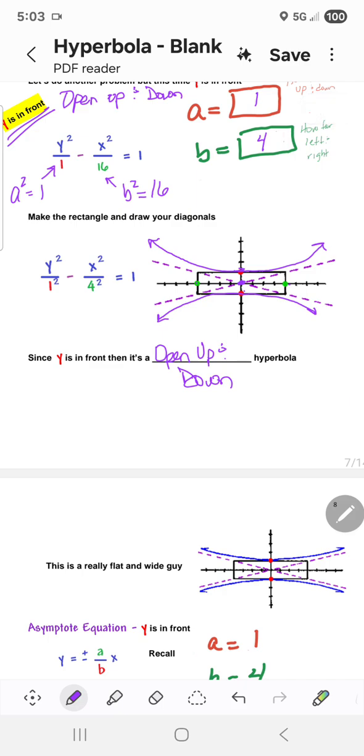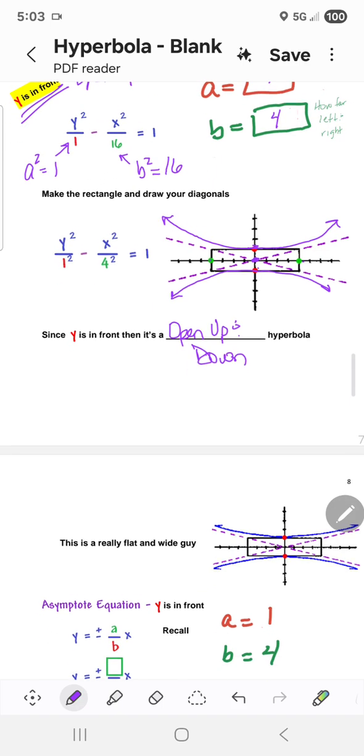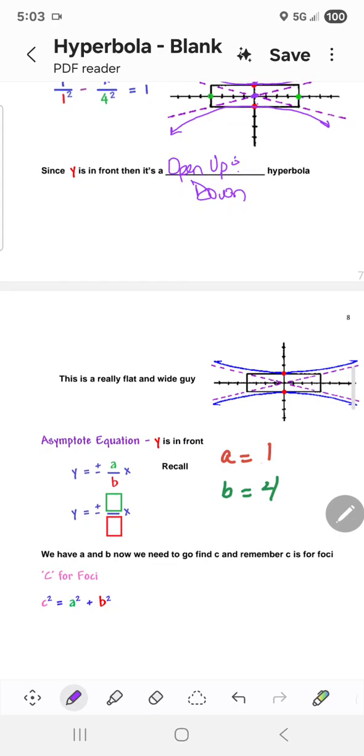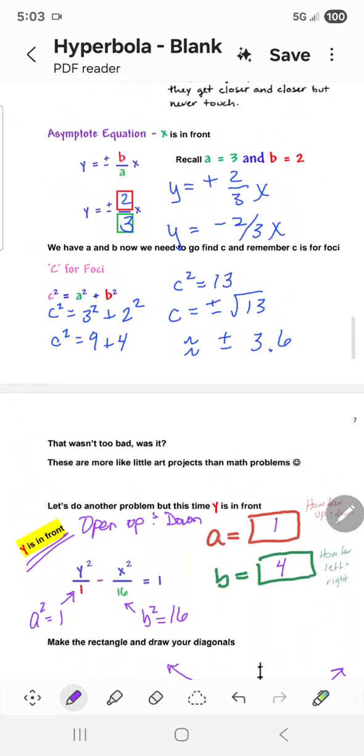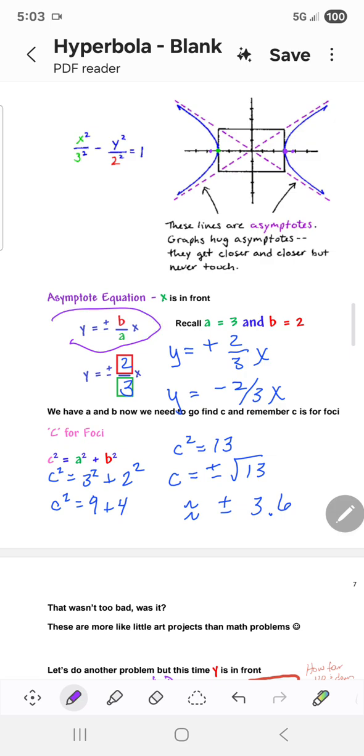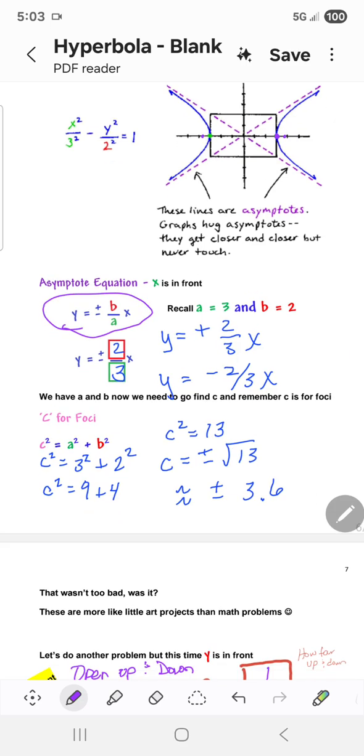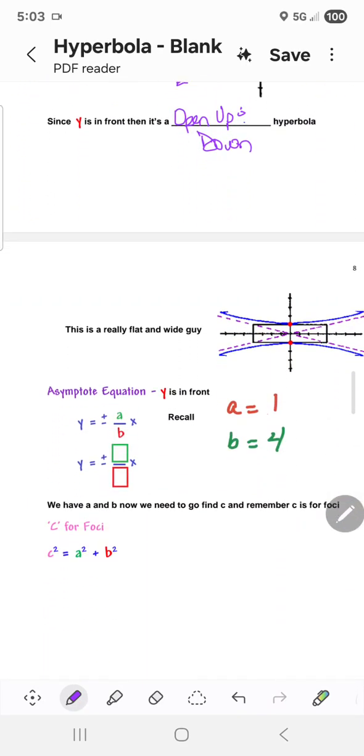Next thing, I have to figure out the equation of those asymptotes and the value of C. So for when y is in front, it's plus or minus A over B, right? When x was in front, go back and remember, when x was in front, it's B over A. And when A is in front, it's A over B. Well, I know A and I know B. So it's 4 over 1, which will give you plus or minus,